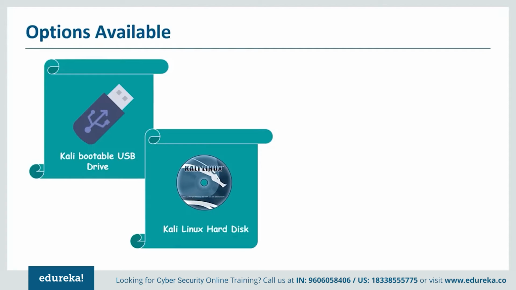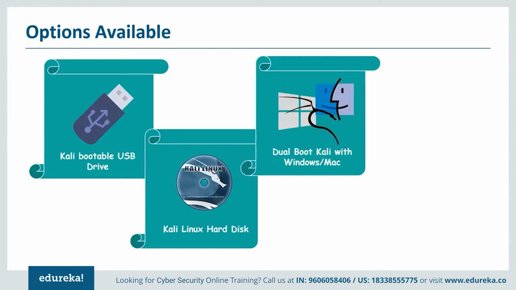Installing Kali Linux on your computer using a hard disk is an easy process. But you should make sure that your computer has compatible hardware with Kali Linux so that the installation goes very smoothly. You can also install Kali Linux alongside your operating system as dual boot. It could be Windows or Mac, but you should exercise caution during the setup process so that the installation of Kali Linux doesn't mess up your actual host operating system, which is Windows or Mac.